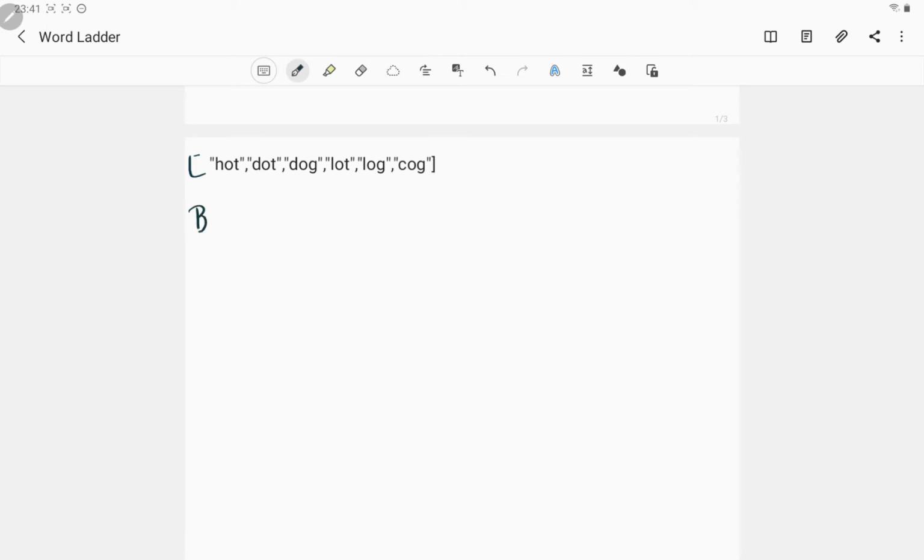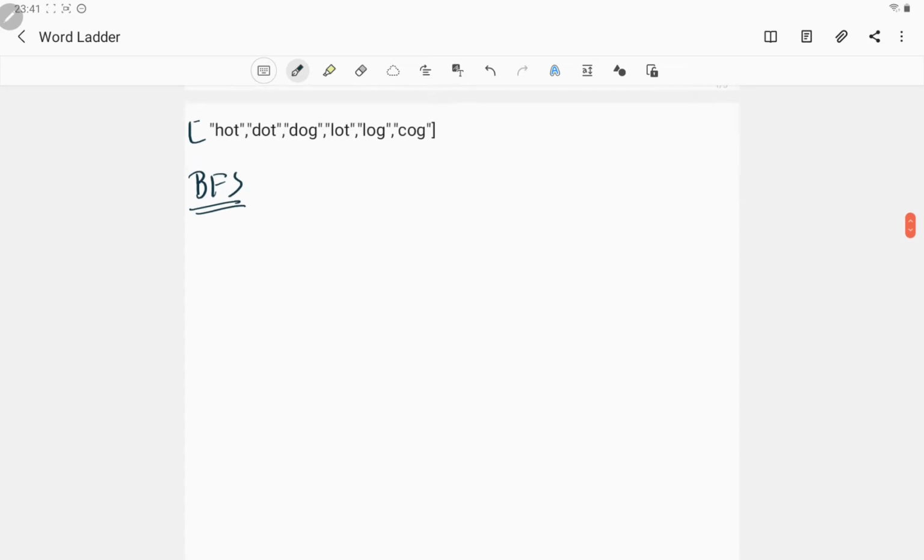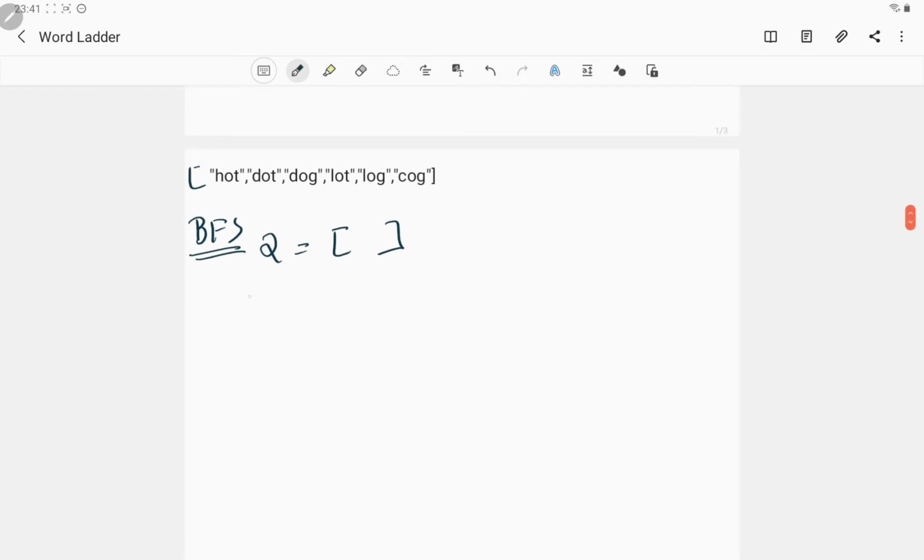So we know that for BFS we need one extra memory, that is a queue, where we are going to store the words for each level, right? So initially my queue will be empty, okay? Since we don't have anything in the queue, it will be empty. So what we are going to do at first, we are going to insert hit, the initial word, in the queue, right? And we will take another variable, that is the current word. We are going to pull or remove this initial word into the current word, right? So it will be removed from the queue, and now my current word will be hit, okay?